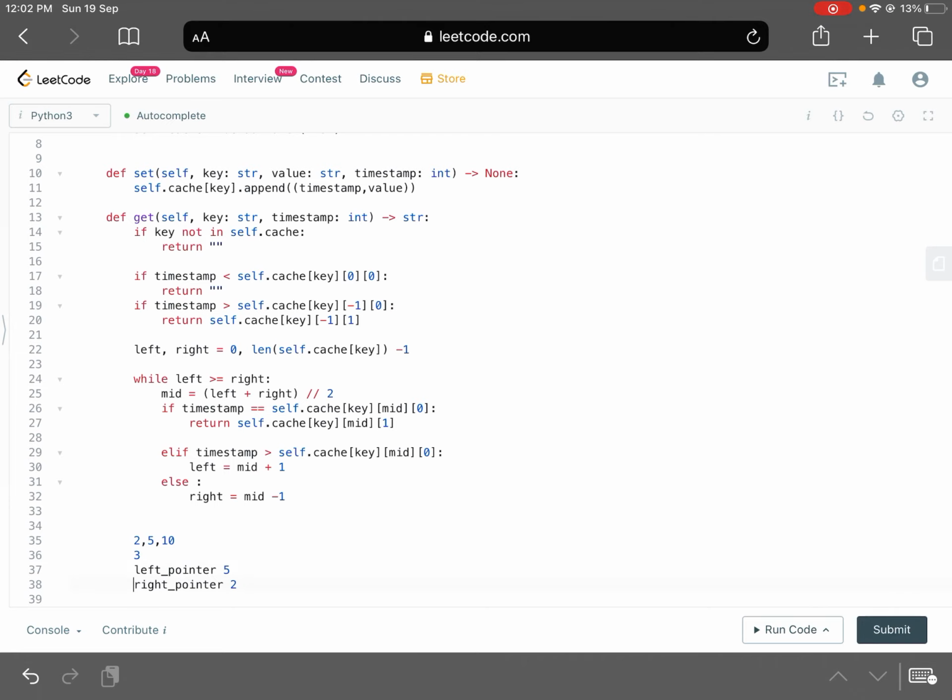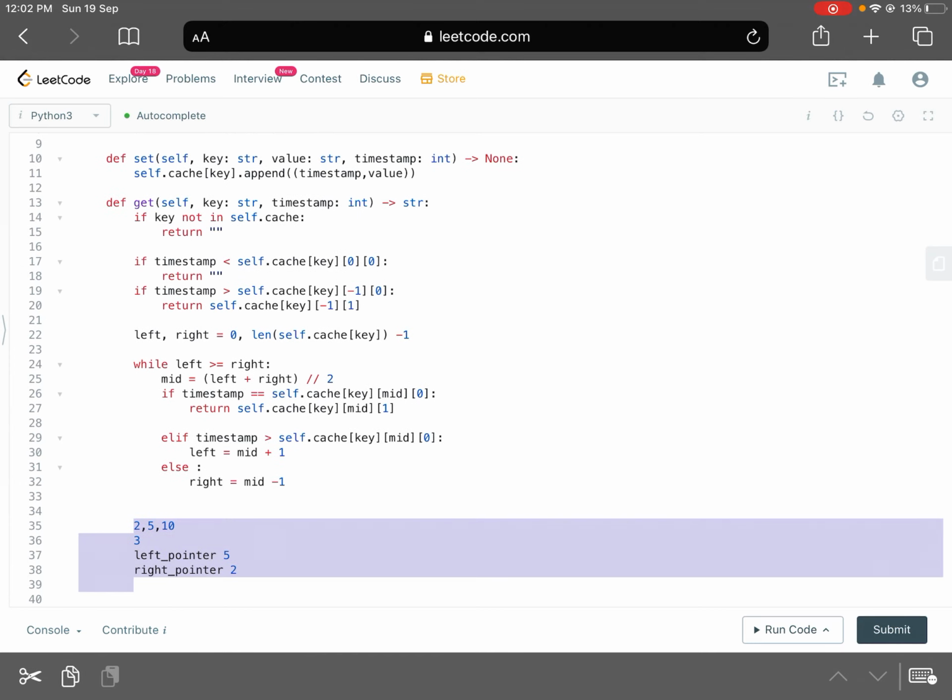So basically if you are trying to find the element that is just smaller than the element that you're looking for, we just need to pull the value held by the right pointer. If you're trying to find a value which is greater than the value that you're searching for, we just need to return the left pointer, right?